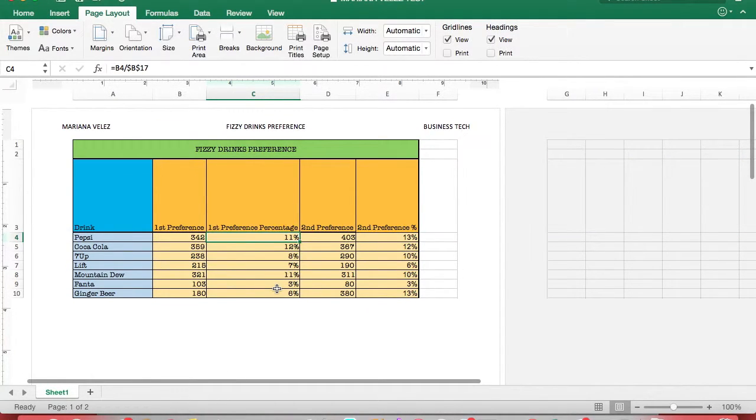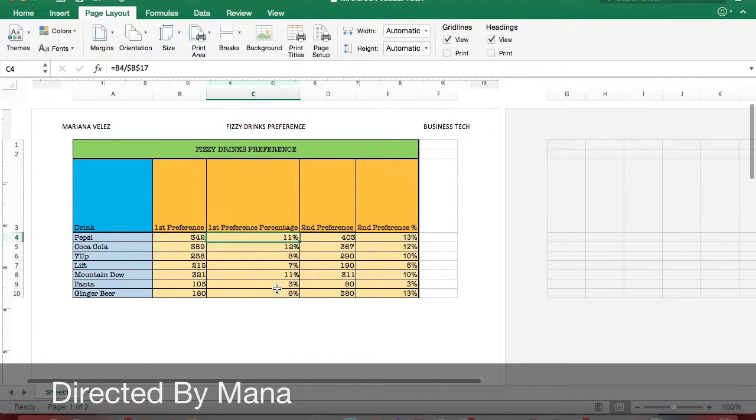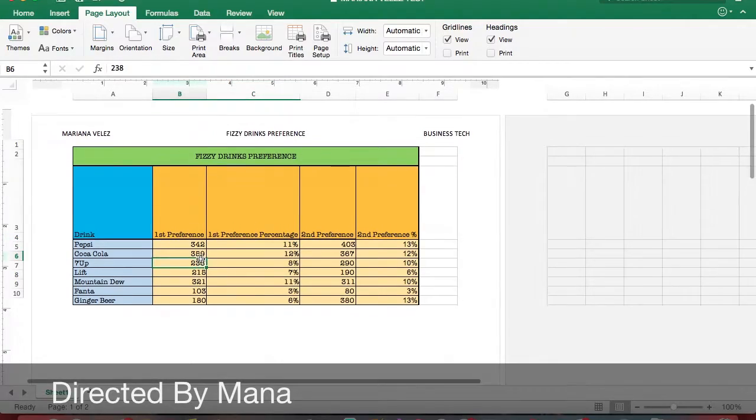So this is basically what you would use in the page layout here for Excel. So I hope it worked, and you can